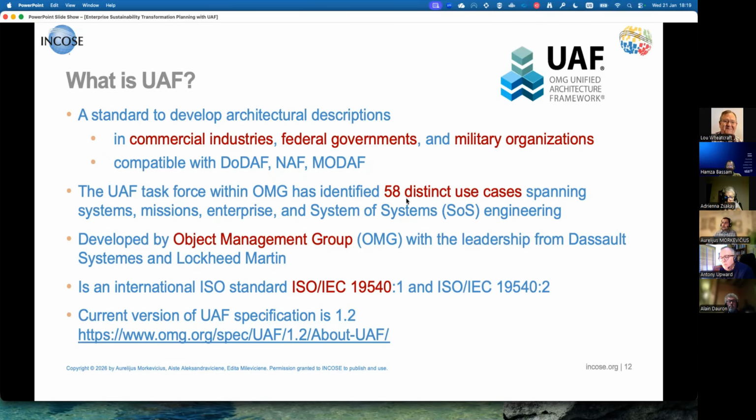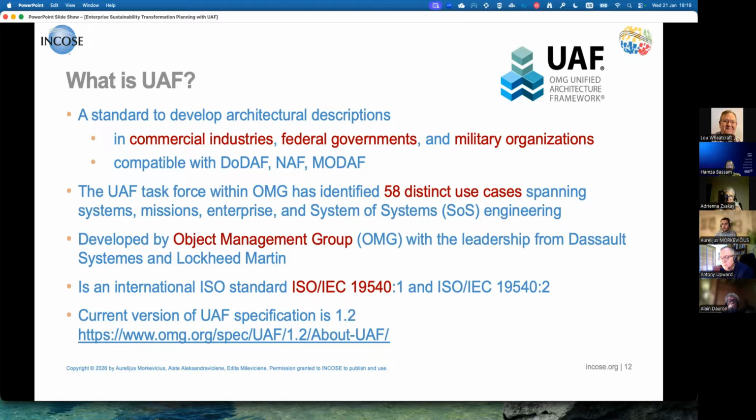Where we identified 58 of them. These were identified in the UAF working group, in the Object Management Group, and I will show you quickly what those use cases are, where they span really from systems engineering to mission engineering, enterprise systems engineering, systems of systems, etc. And the standard is, as I mentioned, developed by the Object Management Group and is also recognized as an international ISO standard, and the ISO number is